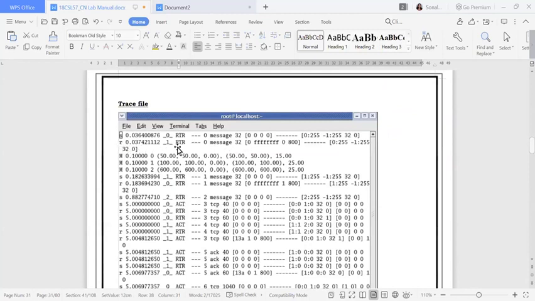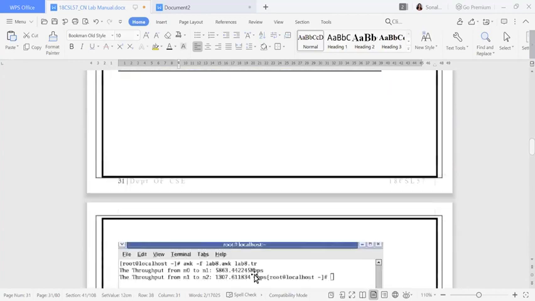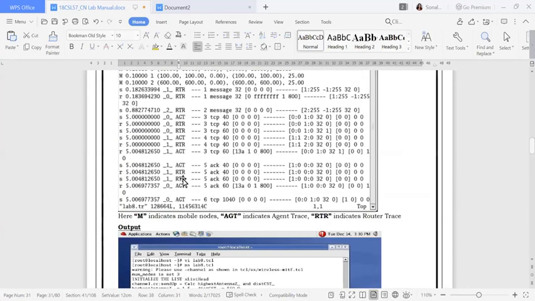But again, it is a routing trace, so it won't consider that. It will consider the line if it is R, if it is the first node, if it is AGT. So only that line it will consider and find out the throughput. So from this trace file, when I see here, this is S, but it is AGT, node 1.